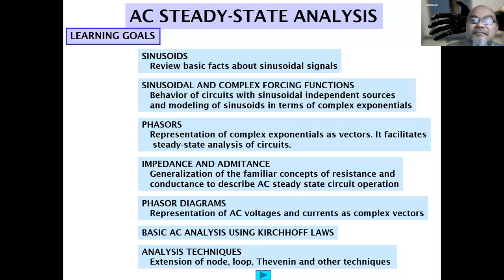So the next chapter, which is what we are going to discuss, is on the AC steady state analysis. Basically, you will be doing the lab and presenting the report tomorrow on power factor, which is related to AC steady state analysis, but at a more advanced stage. So in the previous chapter,